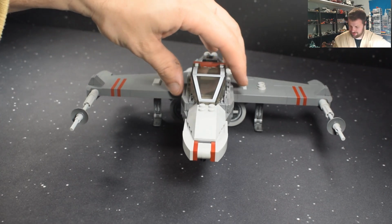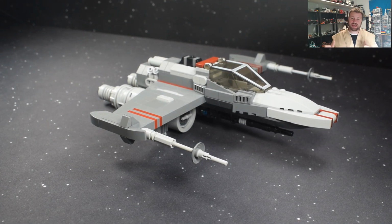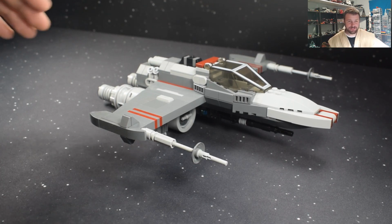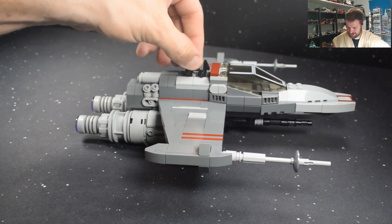So then, of course, while showing my wife the latest version of this ship, she had asked if it would be better to have a droid slot. I explained my reasons, and she said that she didn't mean an R2 unit, but something like a mouse droid. You know, I married an amazing woman. Not only does she tolerate my hobbies, but she encourages and improves everything I do. She is amazing. So I spent about an hour rebuilding the entire ship so that I could add a mouse droid connection spot